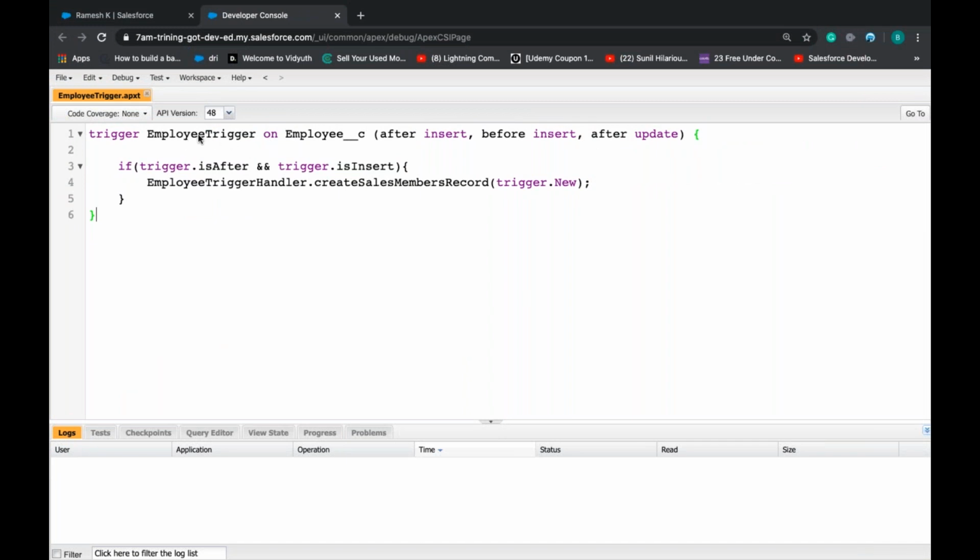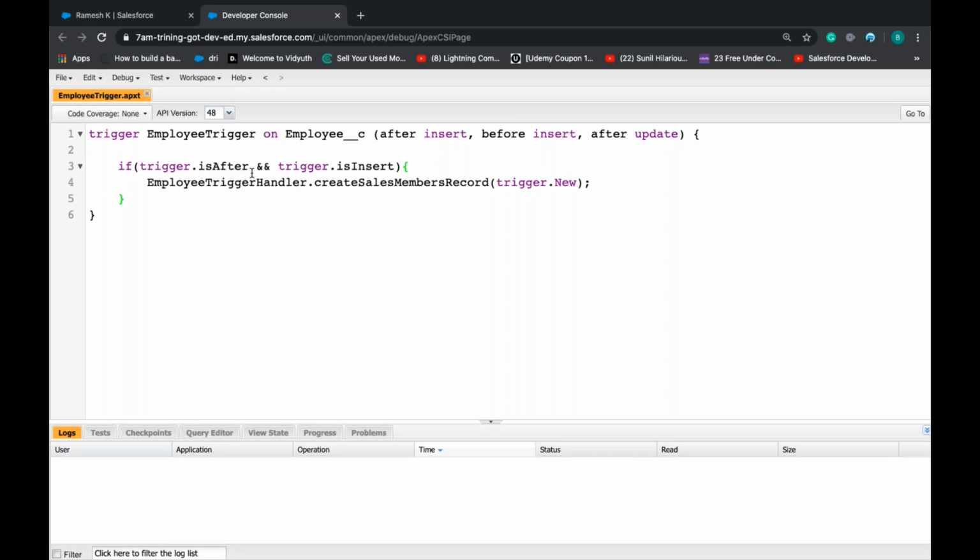So we can include before, after. Okay. But while execution, if you remember, when we include before and after, this trigger will execute twice, right? So we should always use this kind of conditions to segregate or differentiate before triggers and after triggers. Always keep in mind that we should execute them separately.